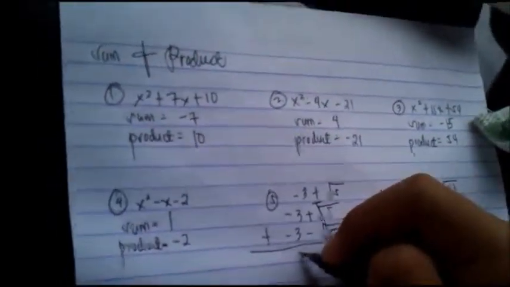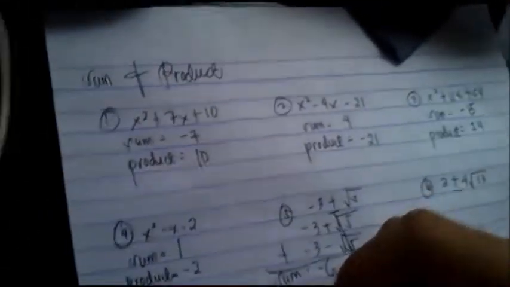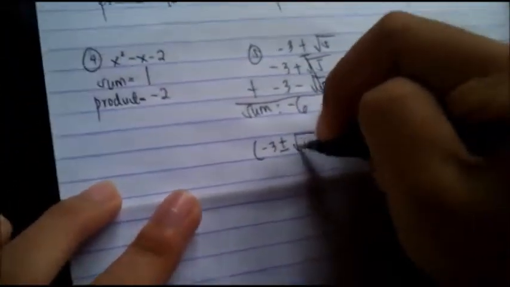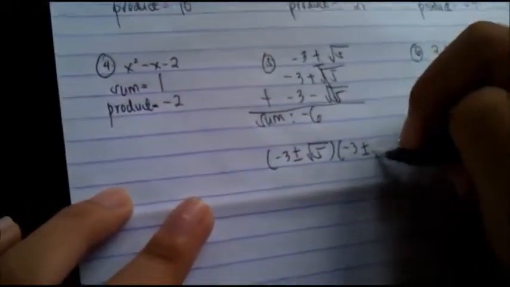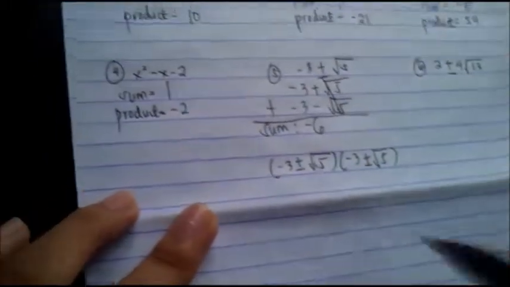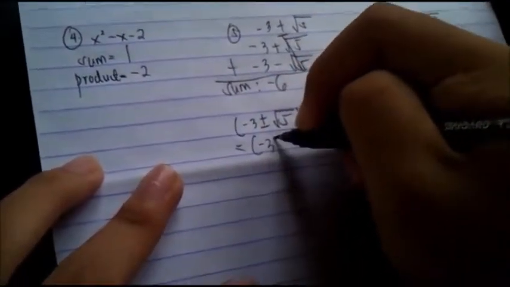Negative 3 plus negative 3 equals negative 6. So, the sum is negative 6. And for the product, negative 3 plus minus square root of 5 times negative 3 plus minus square root of 5. Since they are the same, what happens is negative 3 squared